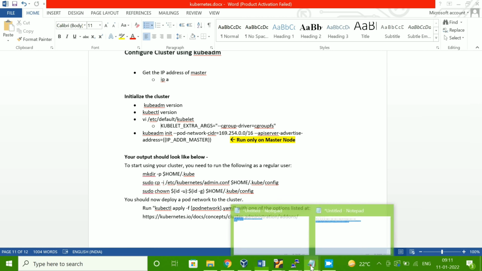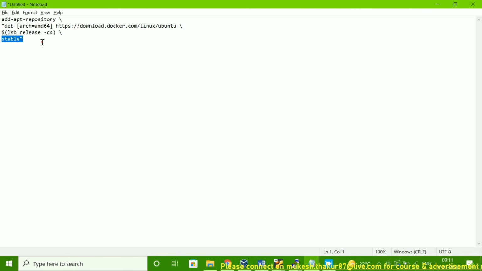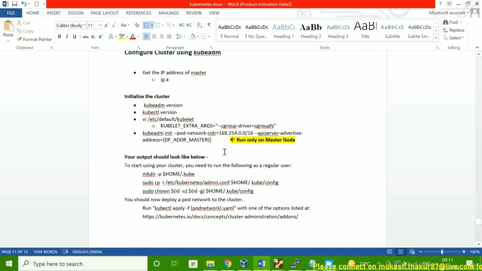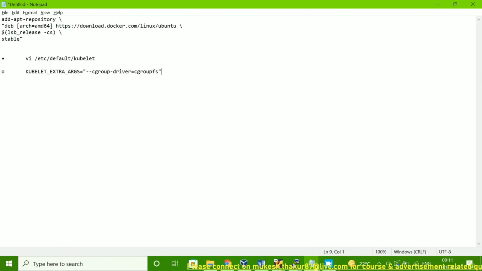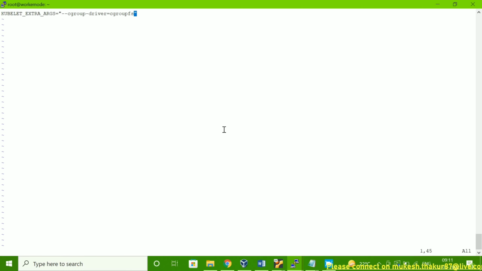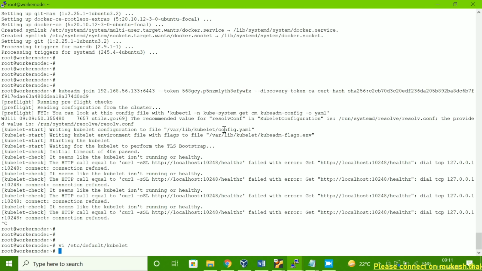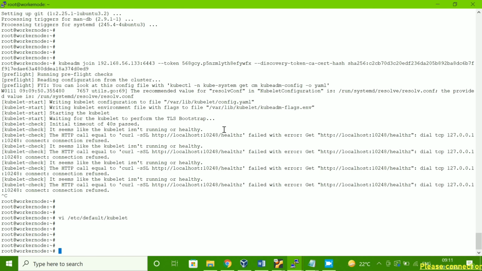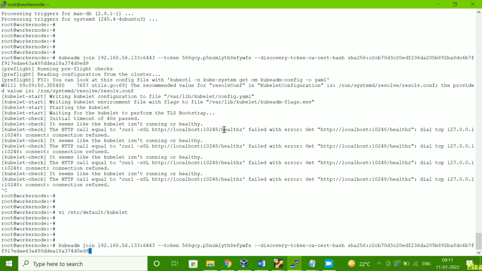Let me copy it in a notepad. Let me copy this one and let me add this parameter in the worker node. Okay, now you can run the same command, kubeadm join.